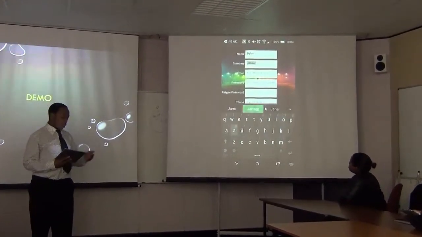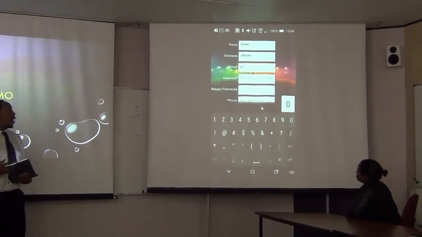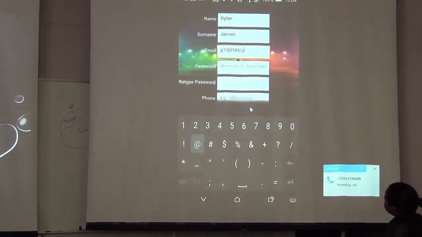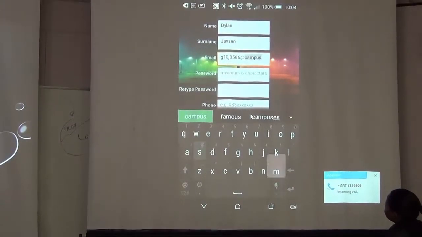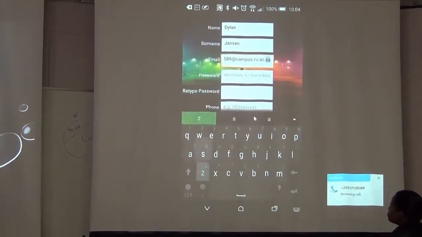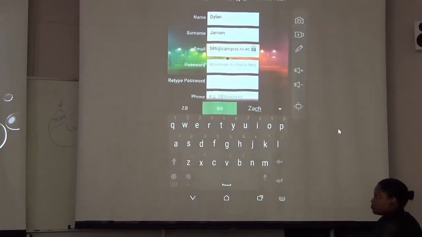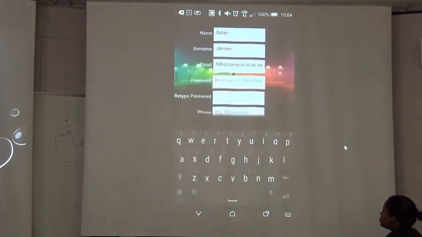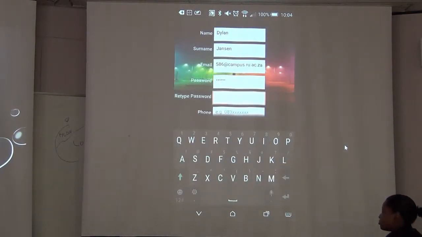So at the email validation, we do have some validations to check that it is a proper email address, @ and dot, etc. And also we do check that no duplicates are put into the database. So if we already have that email address registered, then it won't let him sign up.